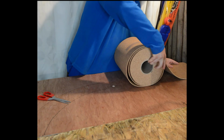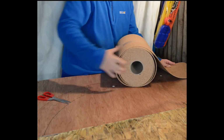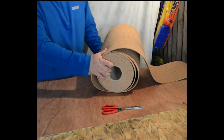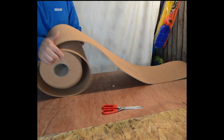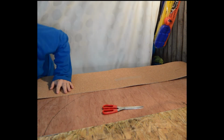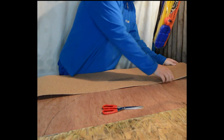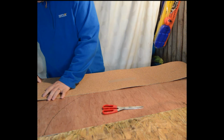Measure out the length. Actually, what I might do is I might not measure out the length because it might be a bit tricky with the roll being that big. I could have measured it and cut it, of course, but obviously didn't. So what I think I'll do is I'll just spray the board,